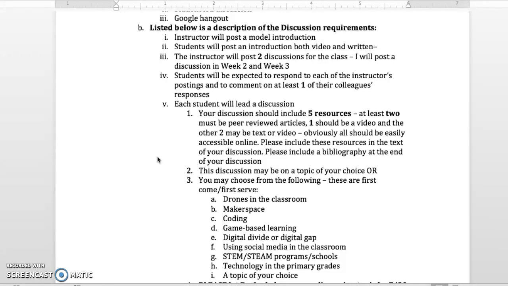The second piece is that I will share with you a discussion next week on Sunday night and on week 3 on Sunday night. I'll give you material to read, information. It'll be stuff that we've done during the week that you'll already have seen.